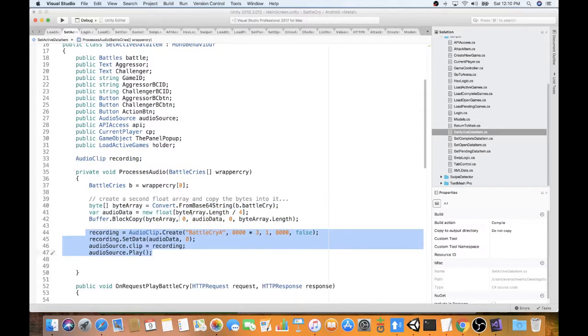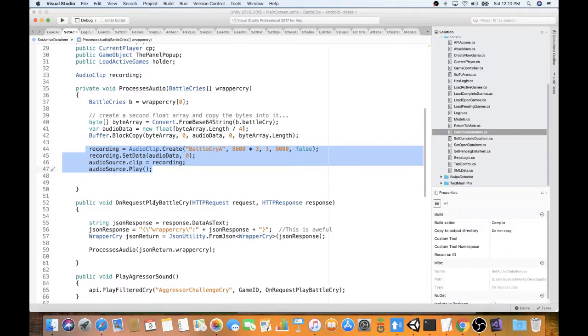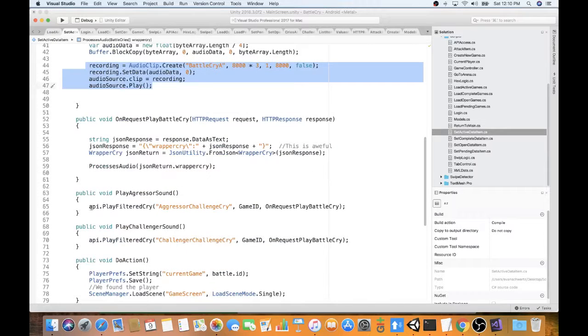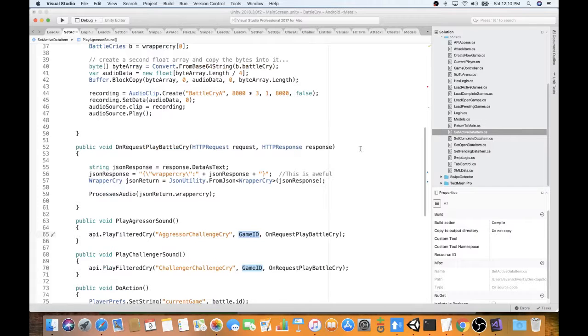So it's pulling the data from that particular list item. Here's the callback that's going to process that audio, and it's the process audio JSON return wrapper cry. So when you press the button, play aggressor sound, it's like play filter cry. If you remember, we had aggressor and challenger, the game ID that we wanted to play, and on request playback, which is this. It calls into here,